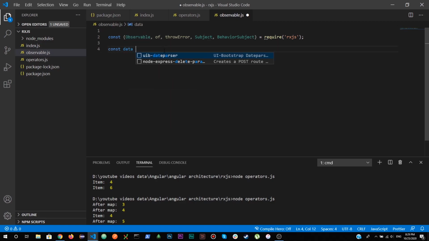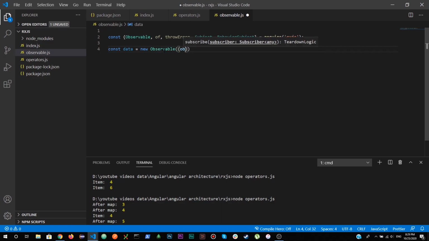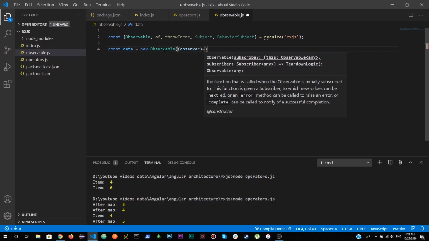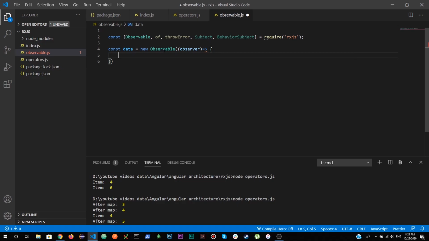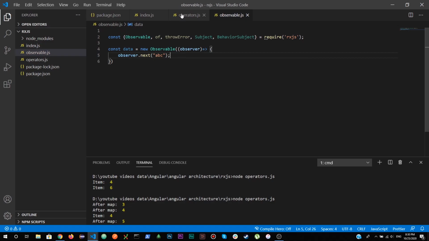So const data equals new Observable, and after that I need to pass an observer, any value, right? So I have created a new observable, and this is the observer, and this observer can trigger out any value whenever it wants. So observer.next, and let's say ABC, it has triggered out ABC.